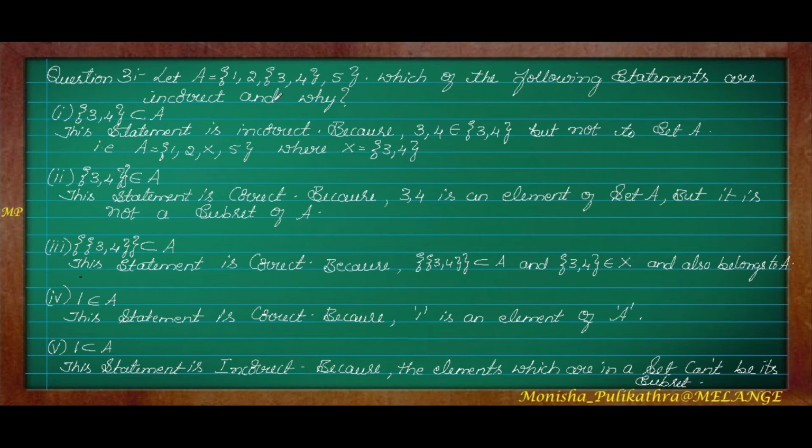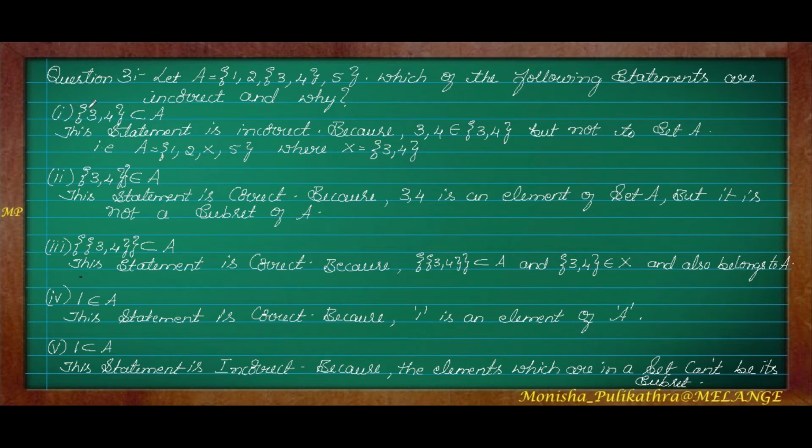Okay, in the first question, one thing you have to keep in mind, if they have given 2 flower brackets, one inside the other, if one pair of flower brackets is there and inside that another pair of flower brackets is there, it means this is considered as a separate set. Okay, so this is a separate set. So according to this you have to conclude all the statements.